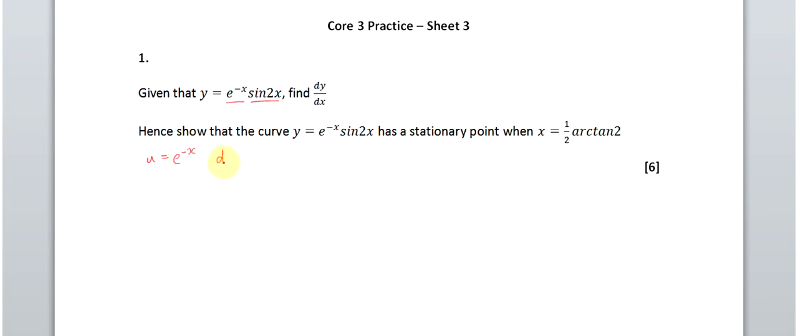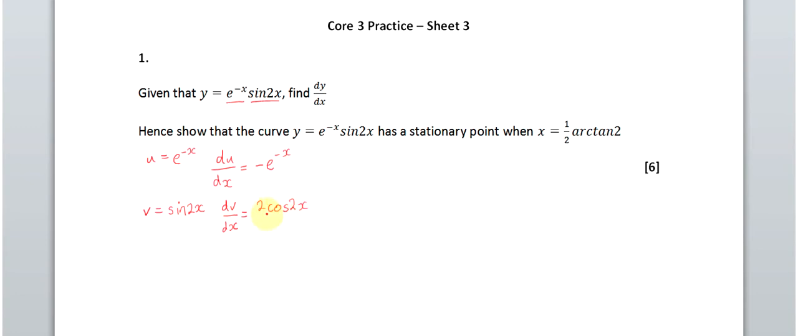and that means that du by dx is going to equal minus e to the minus x. So I differentiated the minus x, which gives me minus 1, brought it down, and then the rest stays the same. And similarly, v is going to be sine of 2x, which means that dv by dx is going to be 2, because that's the differential of sine 2x, times cos